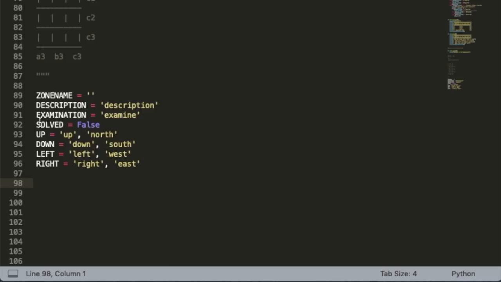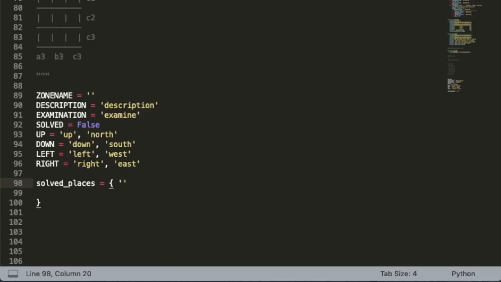So we need to have an array of values, so A1, B1, C1, A2, B2, C2, A3, B3, C3, and keep track of which ones are false or true according to the solved. So we're going to call this array of values solved places equals, and we're using the squiggly quote. I'm just going to hit enter in between there,